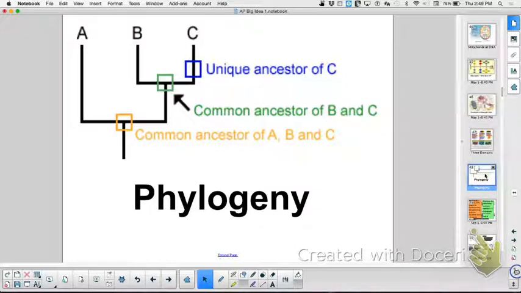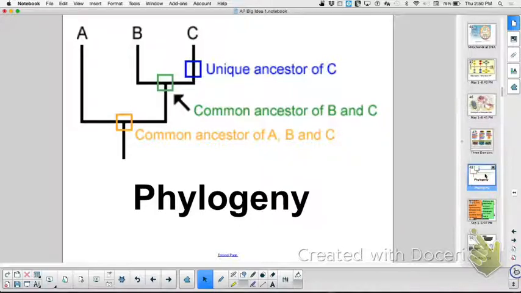And you look to see the common ancestor for A, B, and C is here. Oh, it's already written on there, sorry. You can see the common ancestors, right? So how would you read that in terms of characteristics? Would A have dropped off the characteristic, then go to B and C, and then B would have dropped off? Or maybe A has a different characteristic. This ancestor, though, A, B, and C all have a commonality here.